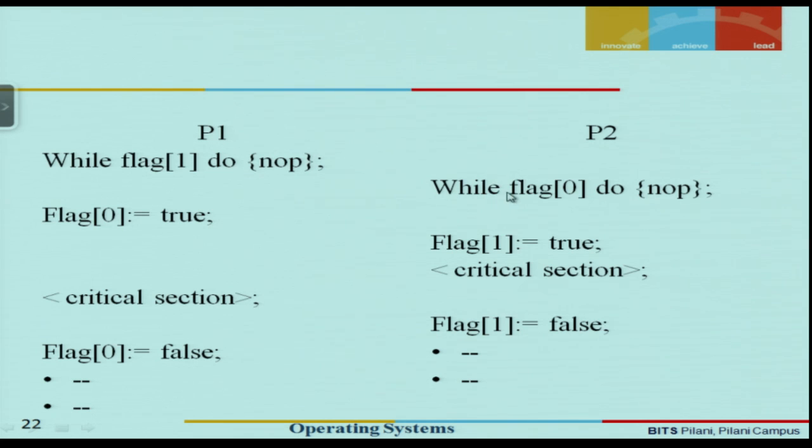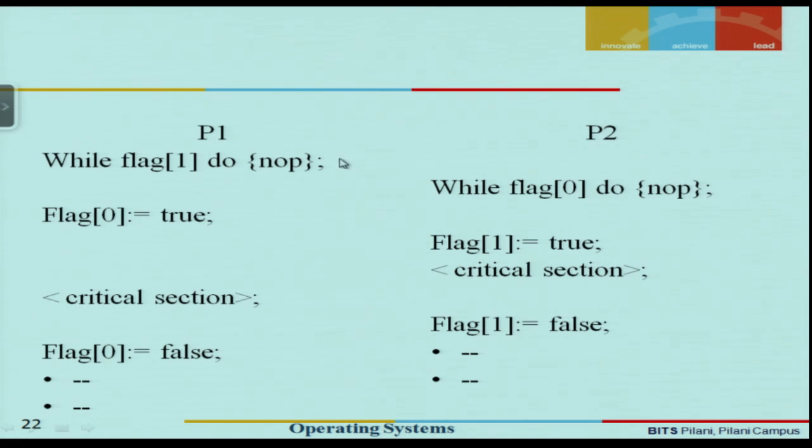So now process P1 came and checked. We should see very clearly that P0 has actually not been able to modify its flag. It is still false. So when P1 comes and checks that while flag 0 is false, process P1 also finds that flag 0 is false. Now after executing this, let us say that once again the time slice for process P1 expires and